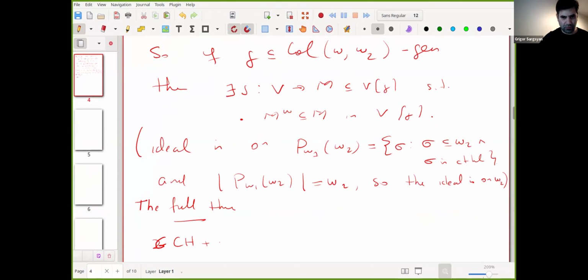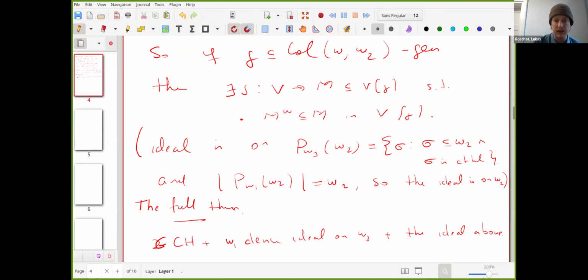So GCH will be true, and then you'll have an omega 1 dense ideal on omega 1 plus this ideal. And it's again true that the ultrafilter derived from J is generic for the corresponding forcing. Yes, all of these things carry over,